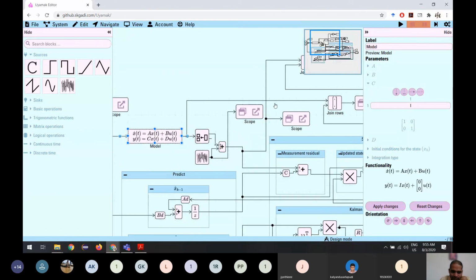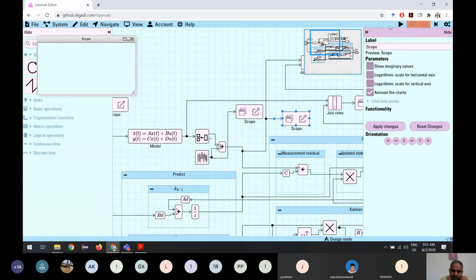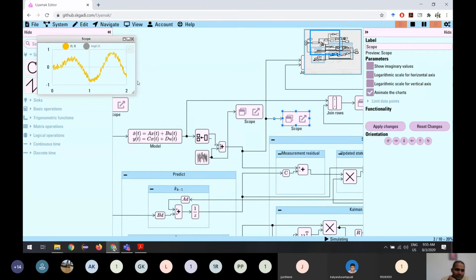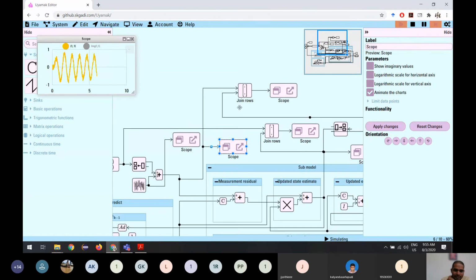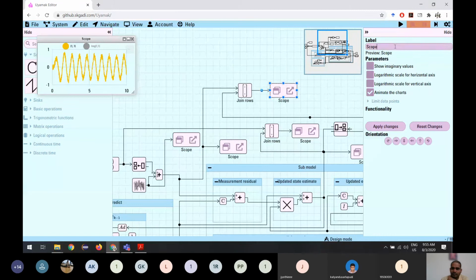Let us see where is the output. So this is the output, and we are adding some noise, and this is the one which is available to us. So if you see what is available to us, if we run, this is the signal which is available to us. So if we estimate, if we compare this with the estimate, we can say output and estimated output, or we can say corrected output.